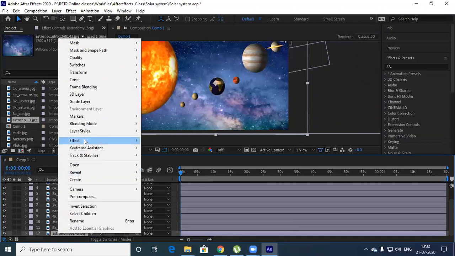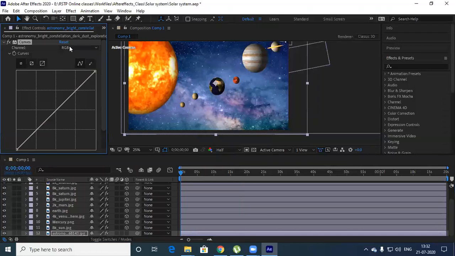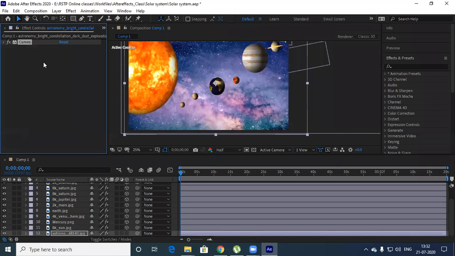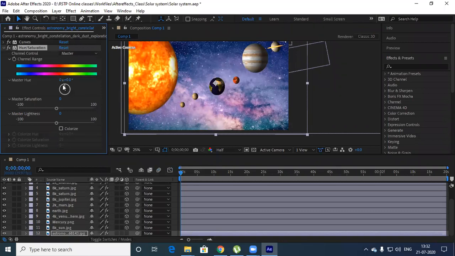Let's do a bit of color correction for this. Color correction, go to curves. I want the red tint to be increased a bit. Okay, and RGB. Okay, let me just bring some saturation into this.